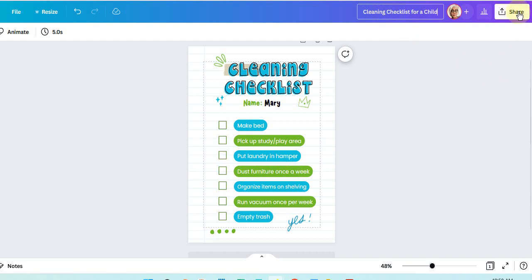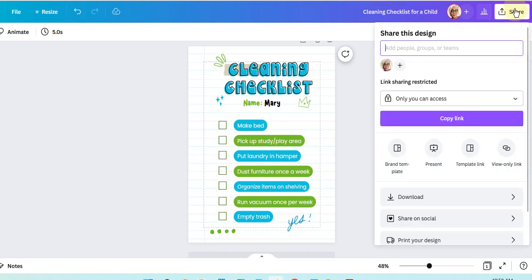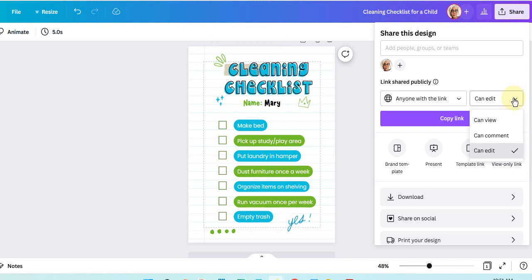I think maybe I'll say cleaning checklist for a child. Okay, and then over here where it says share, we have a link that only we can access. That's the default. However, if we want to make this shareable with other people, we can say anyone with this link can edit. So we can make it so that anyone with this link can view it, can comment, or edit. So we want our users, our customers, to be able to edit this checklist. So we're going to say anyone with the link can edit. Now, we're going to copy the link